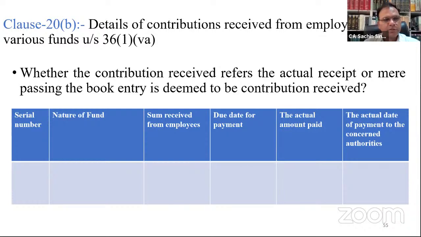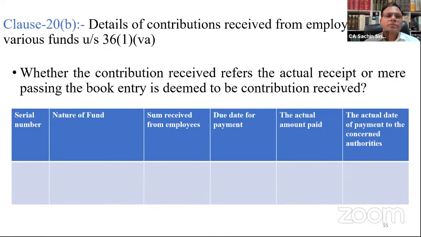So what would be the position prior to 2021? Of course, the intention of the legislature was not to make it effective from the 1st April 2021. It should be effective from the date when it comes into force. But unfortunately, they have mentioned in the footnote that this clarification is effective from 1st April 2021. So it may so happen that